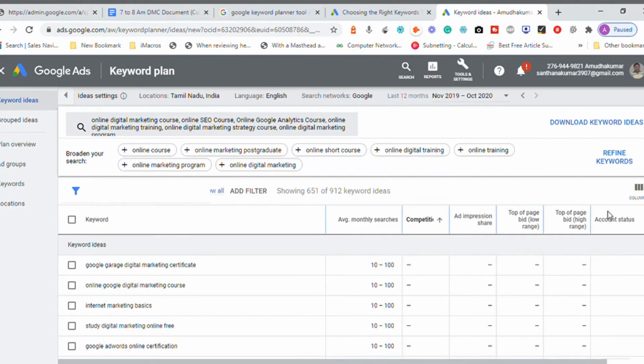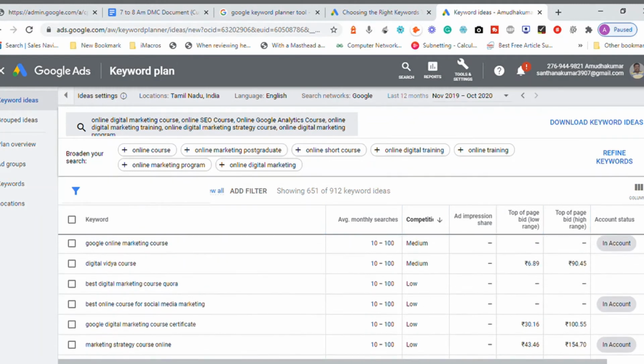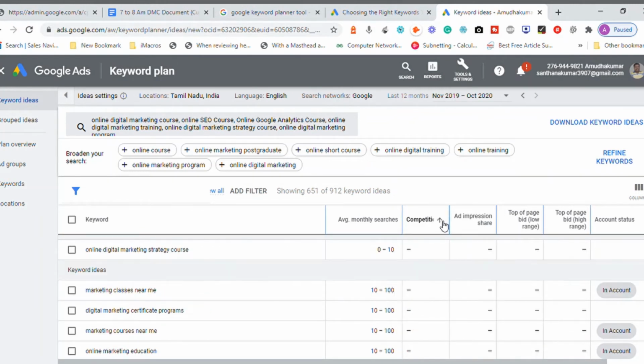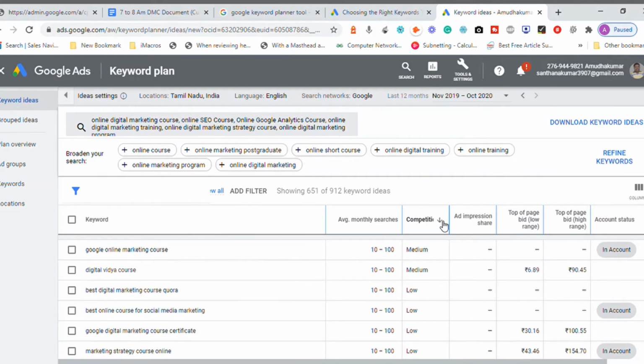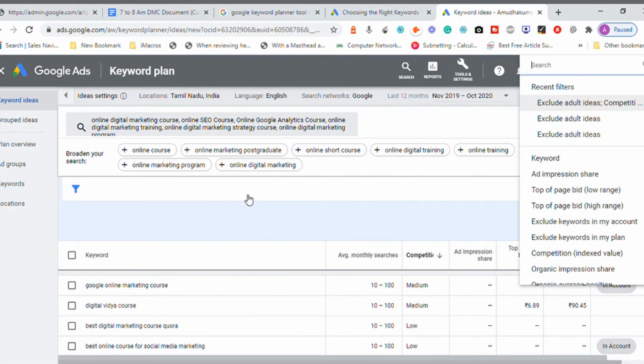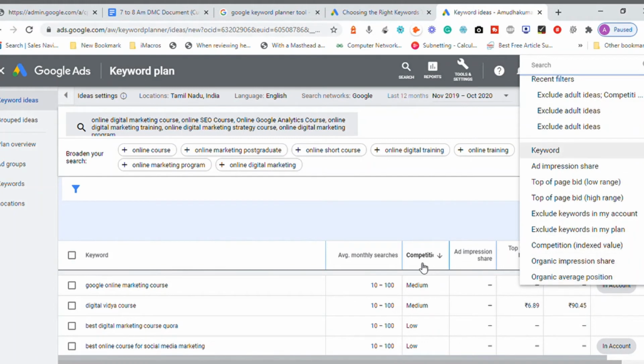Okay, is it displayed? 651 of 9112. When I sort this out, it says medium, low. I do not want medium also, so I need to check the filter again. So I will add a filter.